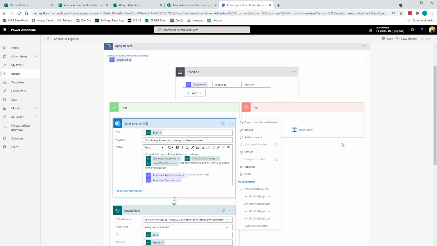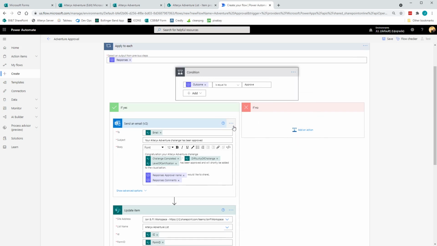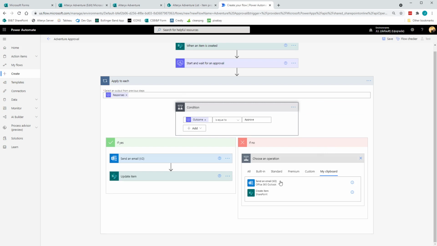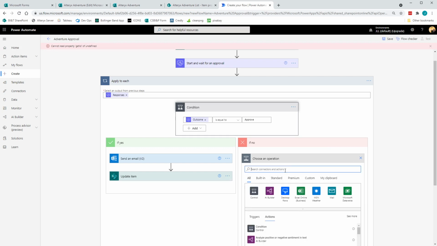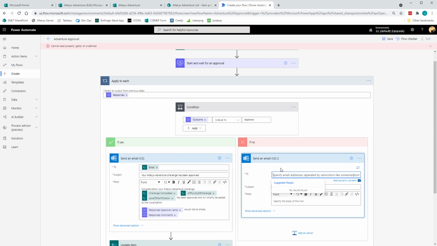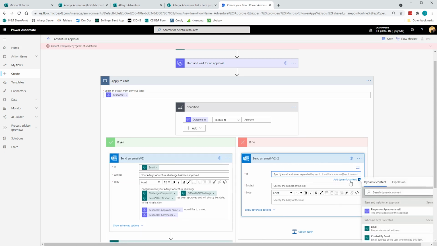So now what we need to do is fill out where it's been rejected, and to save a little bit of time, I'm just going to copy this to clipboard, add the action from my clipboard, send an email. Oh, that's not going to work for me. So I'm just going to create it from standard. So send an email, and this can be pretty similar. So dynamic content, search for email in the dynamic content,